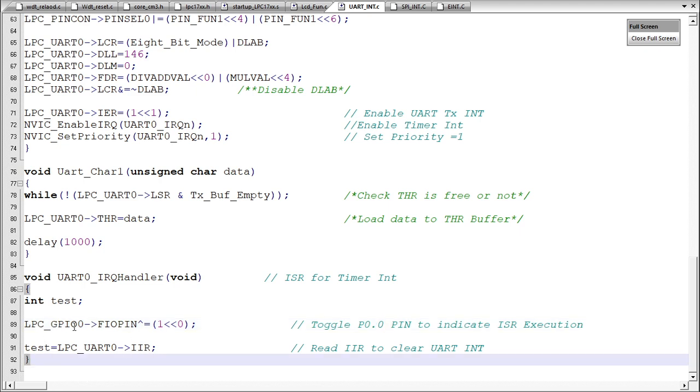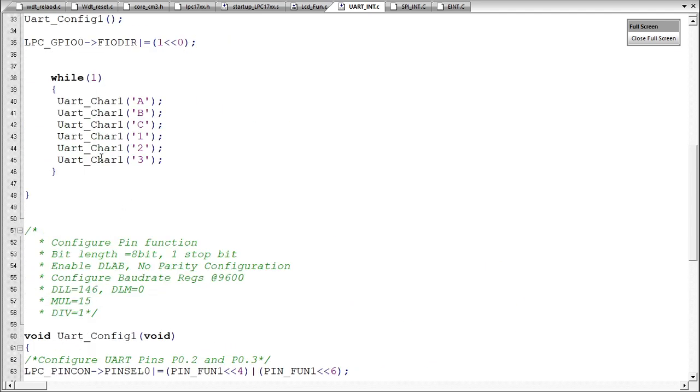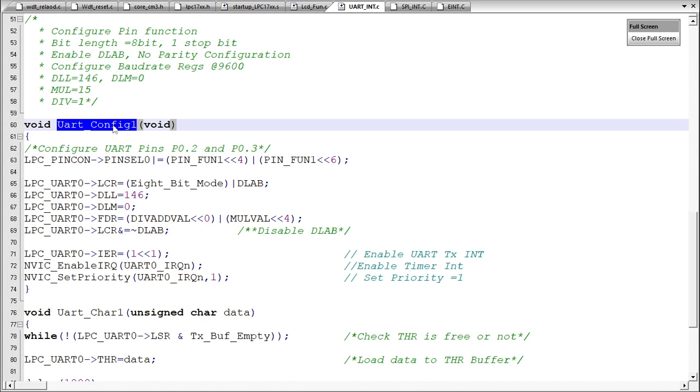clear the interrupt from the UART. How to clear the interrupt in the UART section? I need to read the IIR register. Once you read it, it is going to clear the interrupts reflected in IIR. What is IIR? The UART interrupt identification register. It is a kind of status register. Once you read this register, the interrupt automatically gets cleared. Once the interrupt is cleared, it goes back and keeps on transmitting in your main code. So this is your UART configuration,